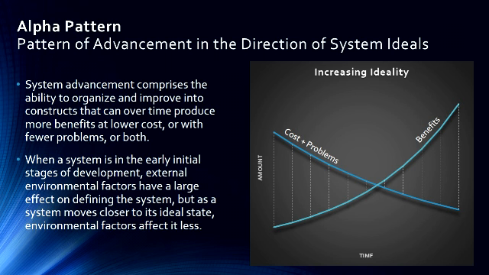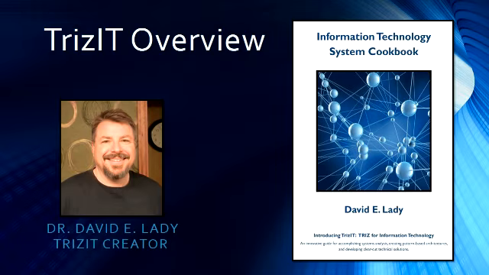And then if we discover that we're in the alpha pattern here, we look for opportunities to advance the system towards an ideal state, which includes that ideal final result that I mentioned in the other one that we'll go into in a later little video here. So we attempt to maximize the benefits and reduce the costs, and those are the types of solutions that we look for when we get into our solution models later in these videos. So that's a quick introduction to the alpha pattern,